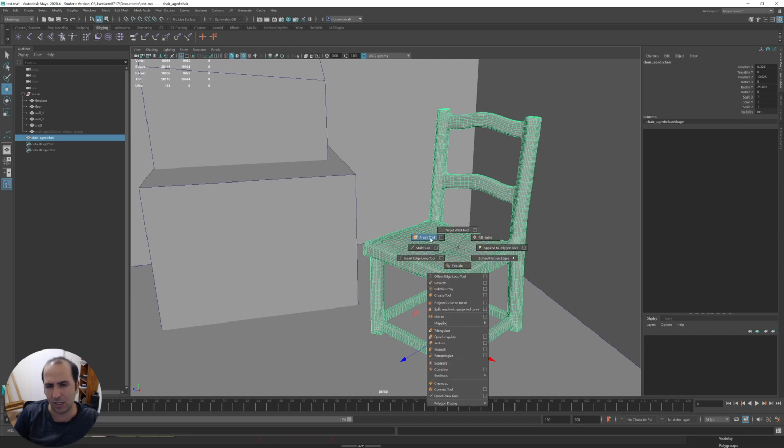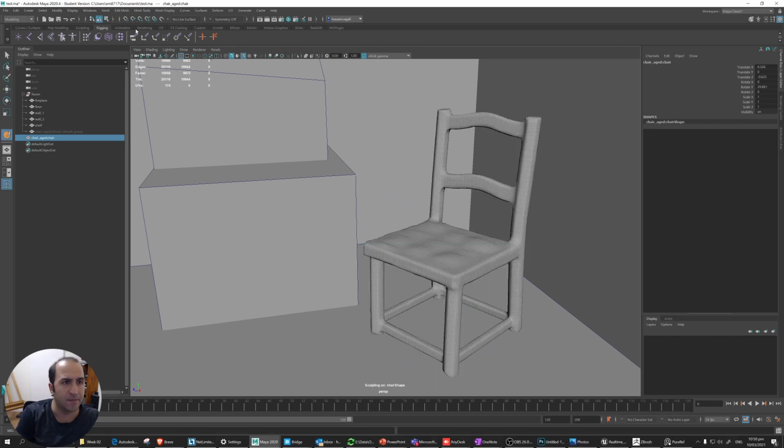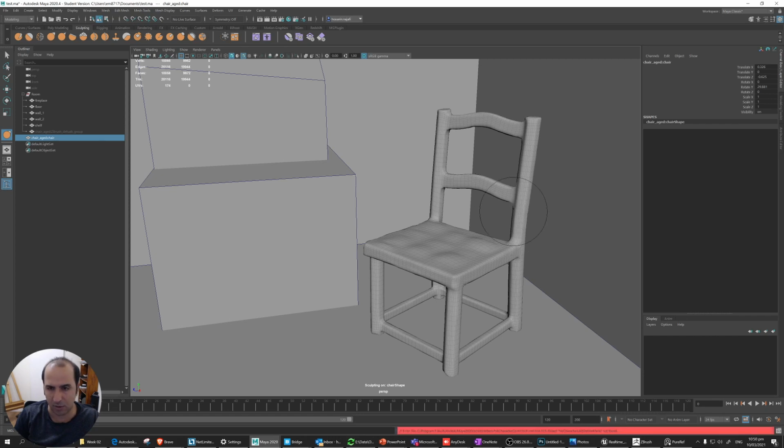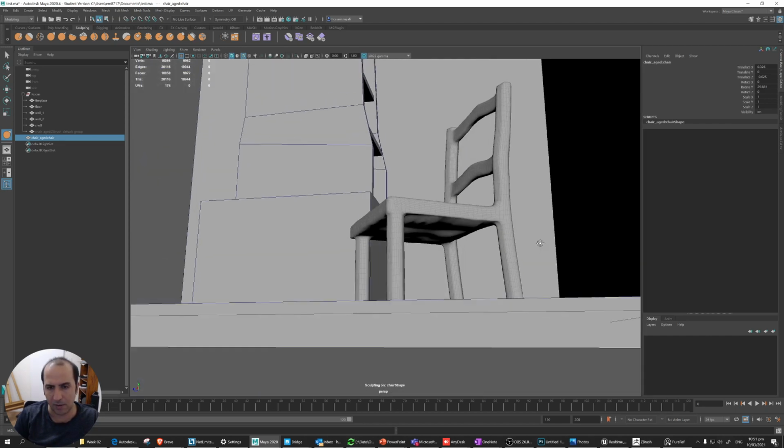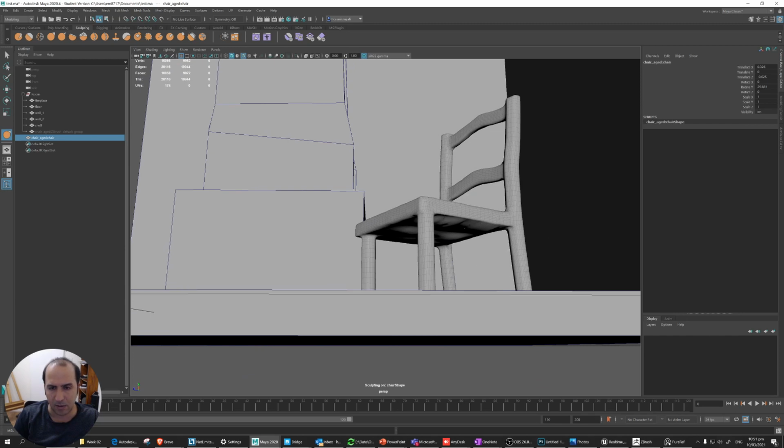Just hold Shift, right click, Sculpt tool, go to the Sculpt menu and maybe choose the move tool. Here again you've got the move tool. You can hold B and make it larger for working around. Definitely don't want that, but you can hold Shift and, if you see parts are not working well, maybe underneath as well. Anyway,